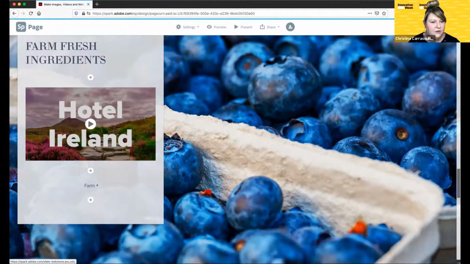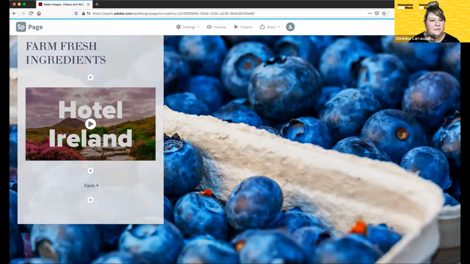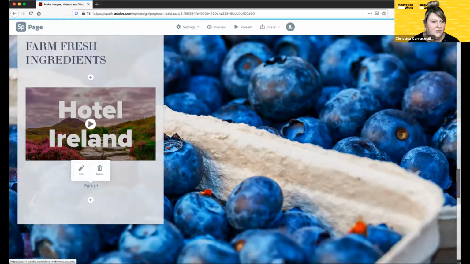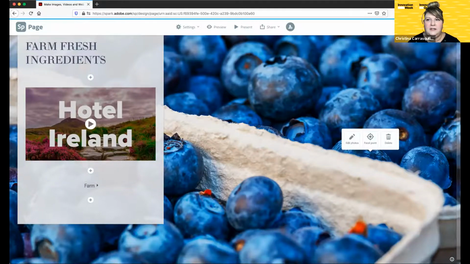And for this particular theme that I chose, this is how it deals with buttons. It has the word and then a little arrow that's next to it. If I change the theme, which I'm going to do now, it'll change what this button looks like, because I wouldn't really say this is a button. It's really a link. This little arrow is the only thing that's showing me that this is going to take me somewhere else. So if I change the theme,